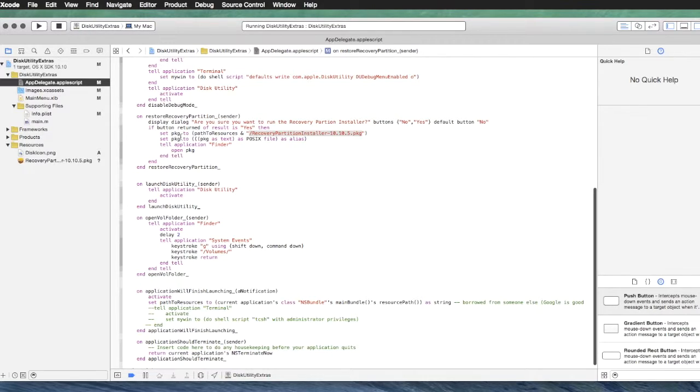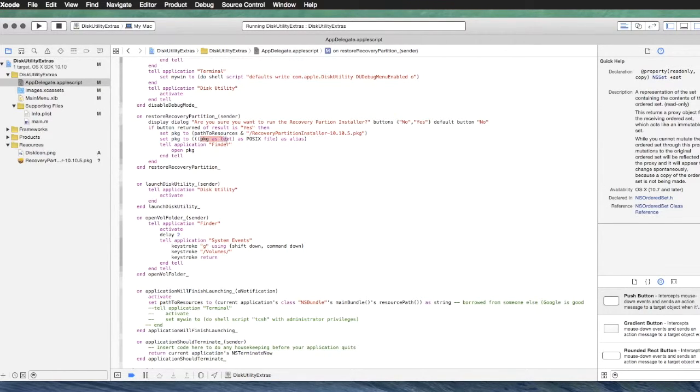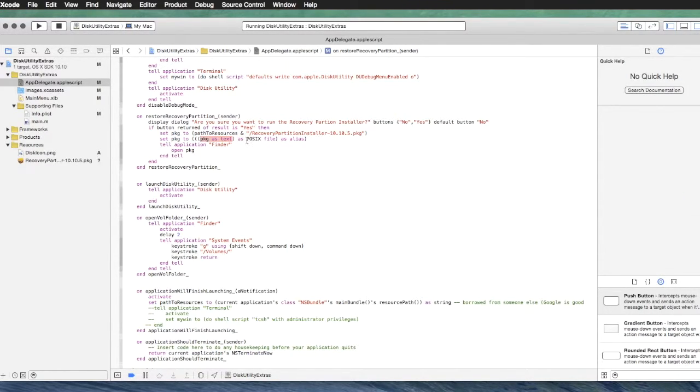So once I define it, then I set the package to an alias that the Finder can access. And that POSIX, which is plain old system interface acronym, basically turns that Unix path into a Macintosh alias, which is basically what you would double click in the Finder, and then I tell the Finder to open